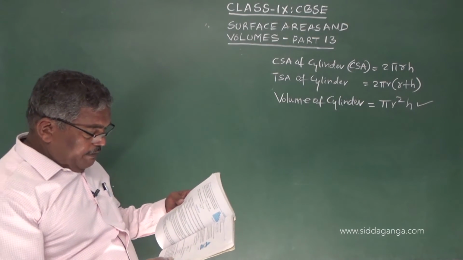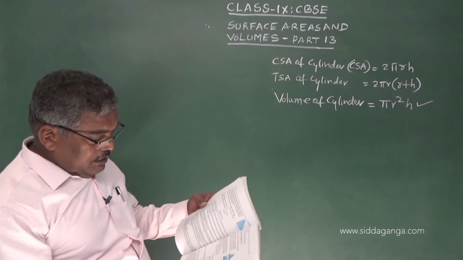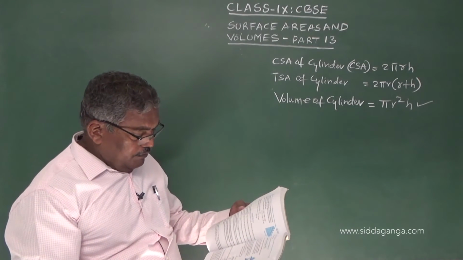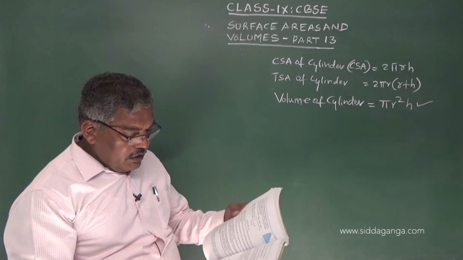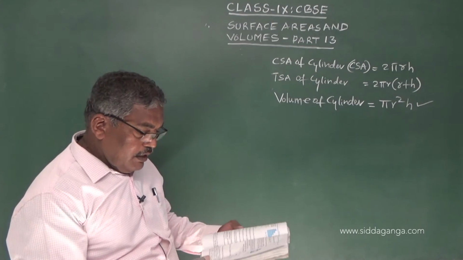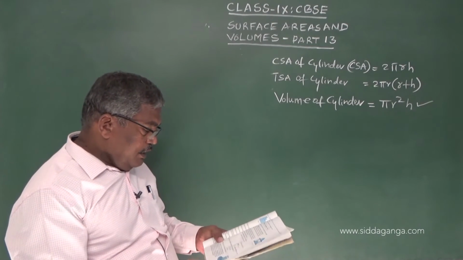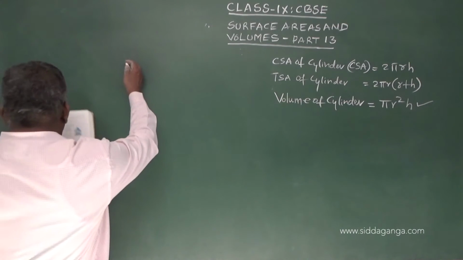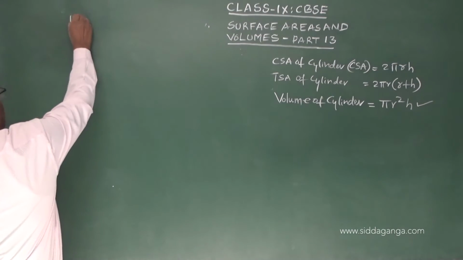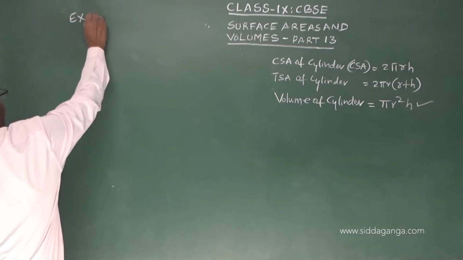At a Ramzan Mela, a stall keeper in one of the food stalls has a large cylindrical vessel of base radius